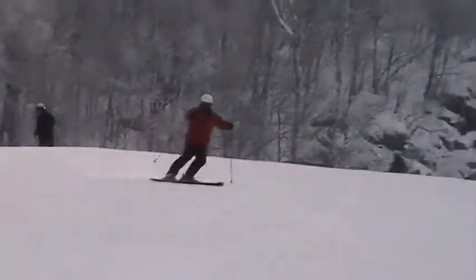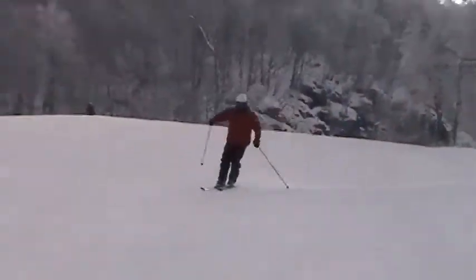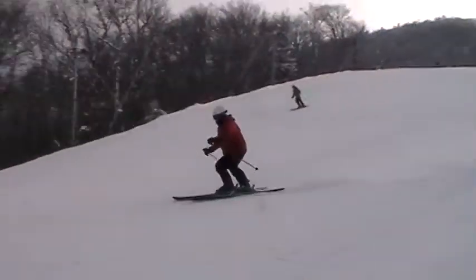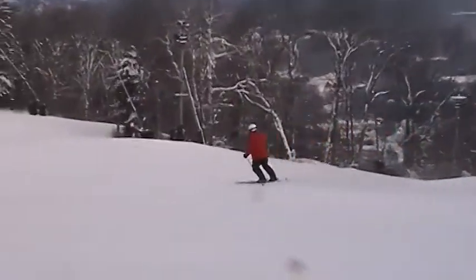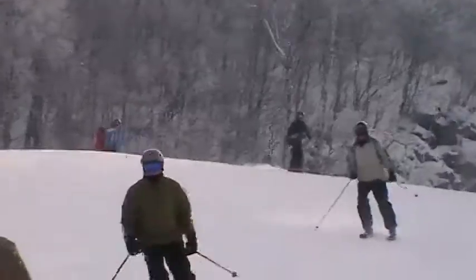Okay, Rob, think about the uphill ski's downhill edge, which is a pretty good move. You see how the inside foot kind of moves over to the outside foot, so we can tip both of them an equal distance and it'll look a little bit more parallel. That's actually some pretty good leg movements you got going there. If you increase the flexing of your inside leg, Rob,